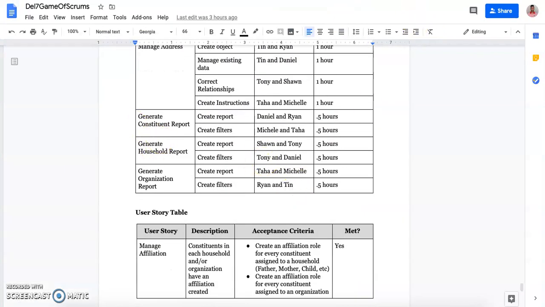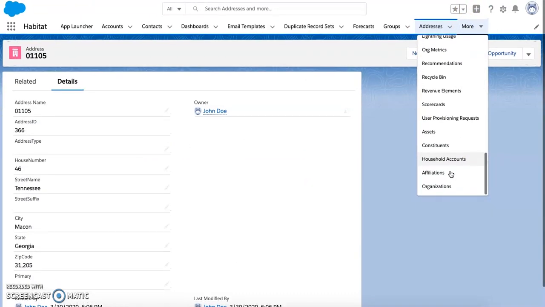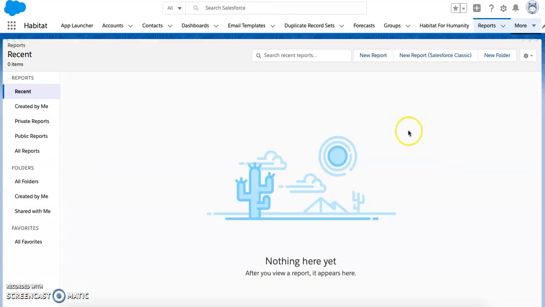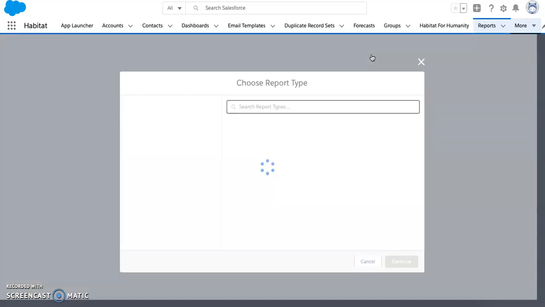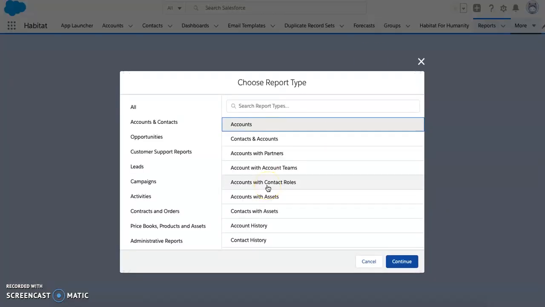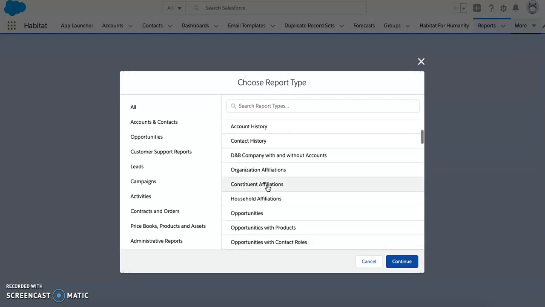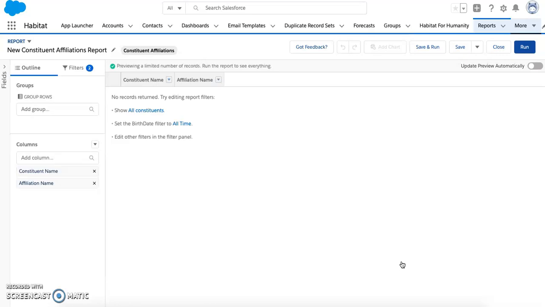Generating the reports, so I'll give you one example right now. We can come down to, I think it's right here, reports, and we can go ahead and create a new report. And for the basis of the time of the video, we haven't completely completed all the affiliations and the related constituent data with the address data. So that's where we'll see some faults in this week's sprint. However, I can show you real quick that